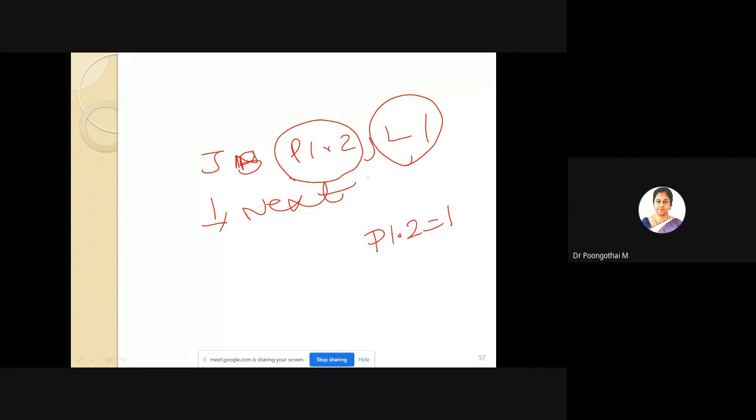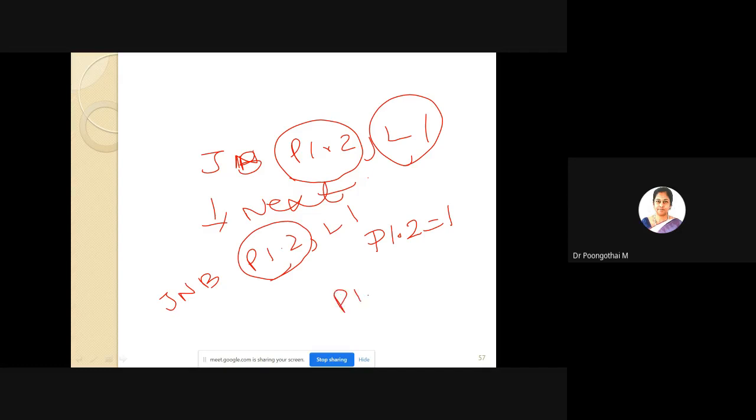If bit is equal to 1, the condition is true, and your program control is transferred to L1. Otherwise, it will execute the next instruction. In case of JNB P1.2 comma L1, it will check the status of P1.2.